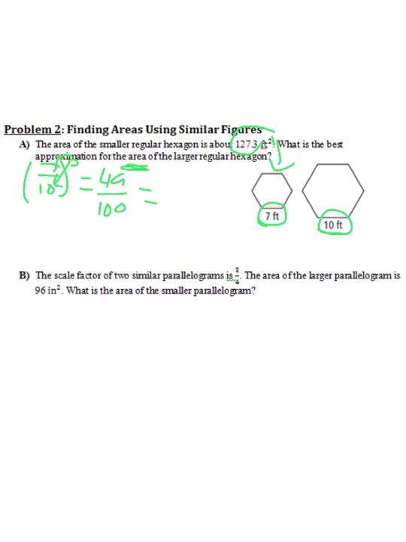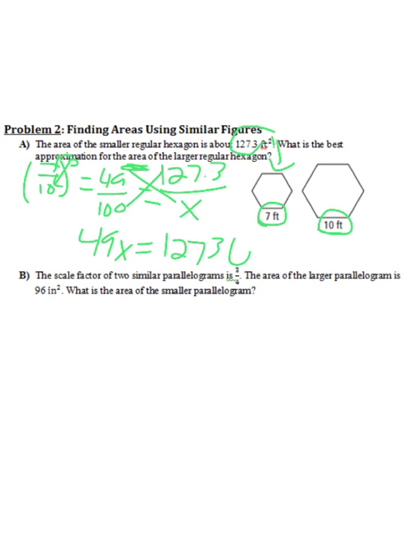Now, the area that I was given was with the smaller hexagon, so it's going to go with the where the 7 is in the ratio, or the 49. So I'm going to put 127.3 on top over x. X is going to be my area of the larger hexagon. So when I've got two fractions equal to each other, I can cross multiply. That gives me 49x is equal to